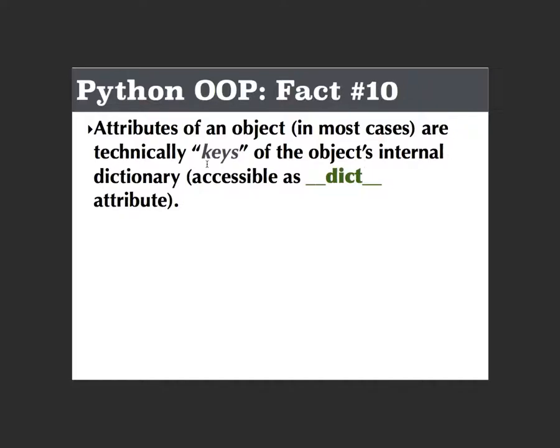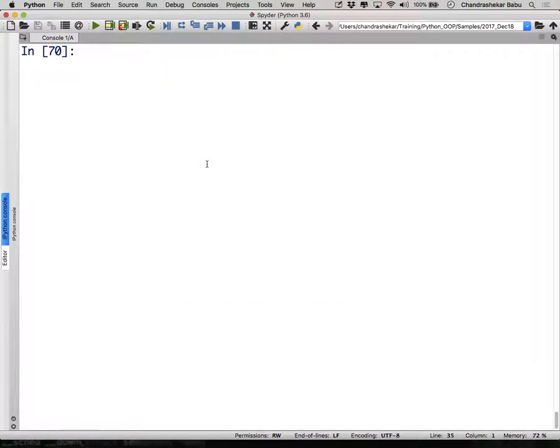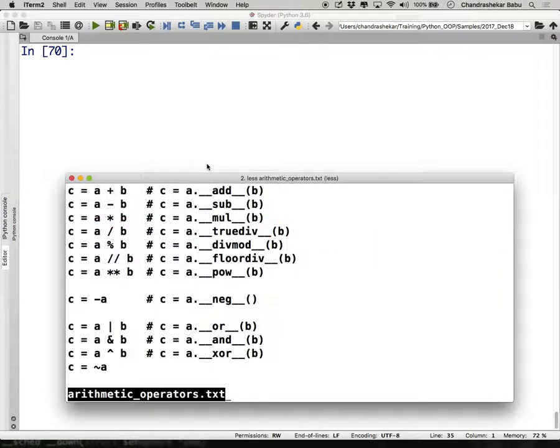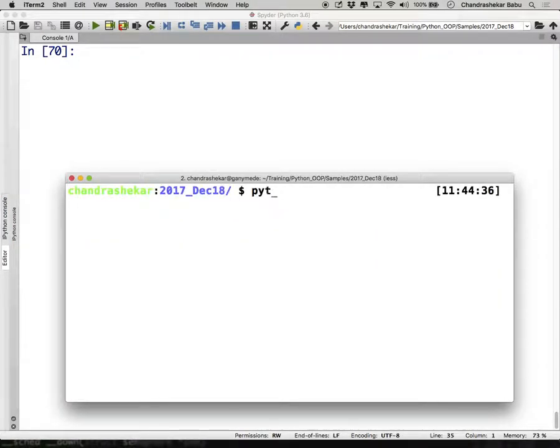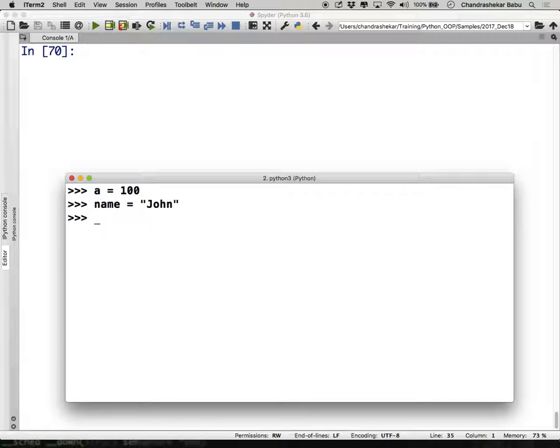So when you create an attribute, like when I say over here, do I have that particular Python prompt still there? I think I came out of it. Let me go back to this Python prompt. Remember, it's a is equal to 100, name is equal to John, right? When I say import main, A is same as main dot A, am I correct? Or name is similar to main dot name.